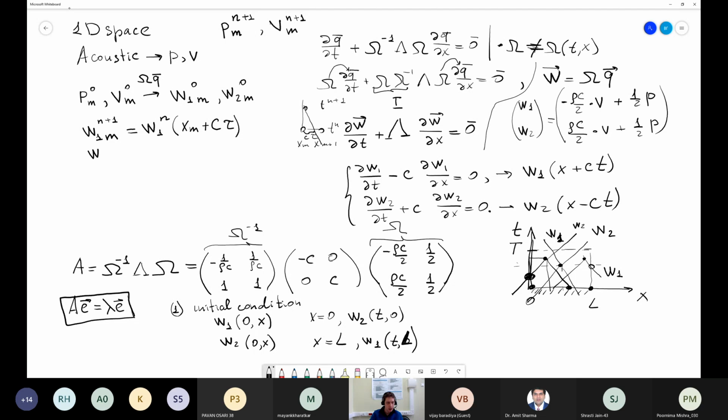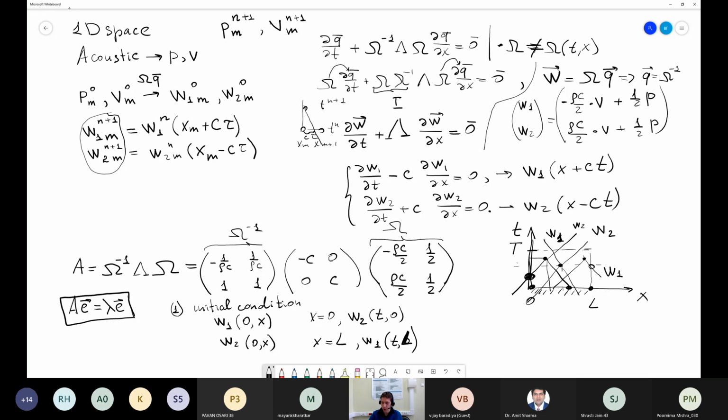Then we will calculate W2 at the same point at the next time moment using the same formula. But because we have the inverse direction of the characteristic for W2, we have to go to the left, C multiplied by delta tau. So now we calculated both of these values, and we understand that we can write that Q is equal to